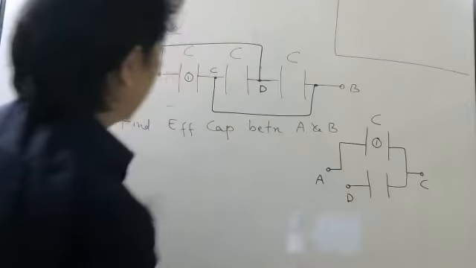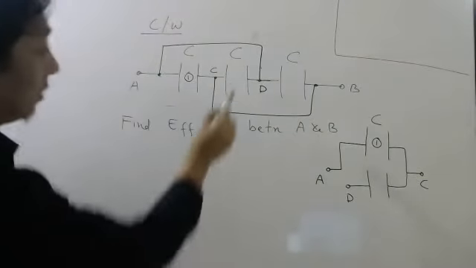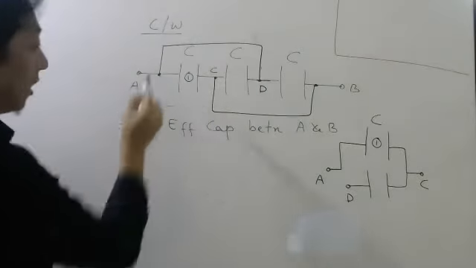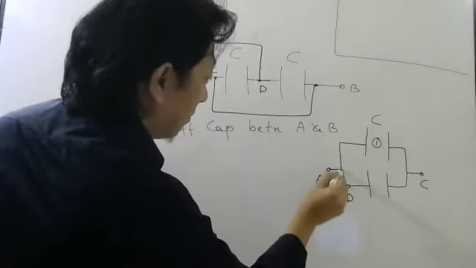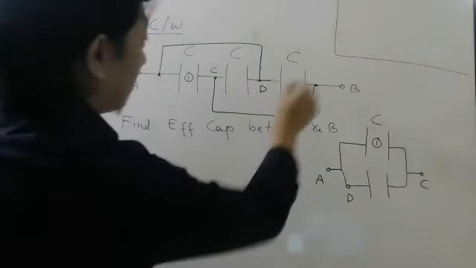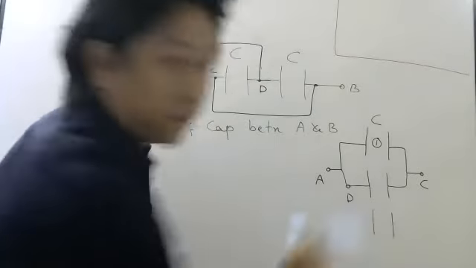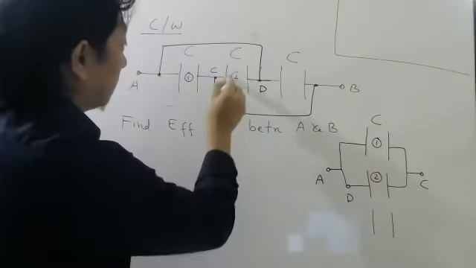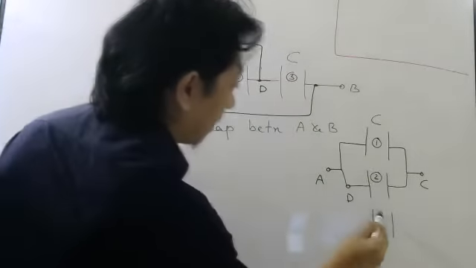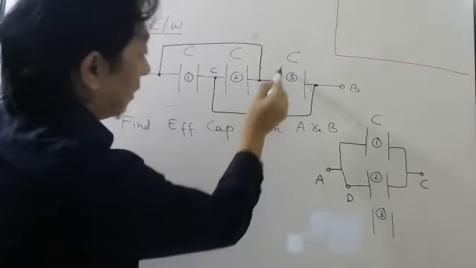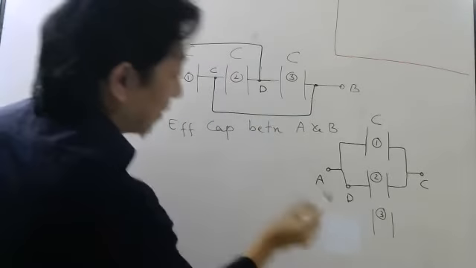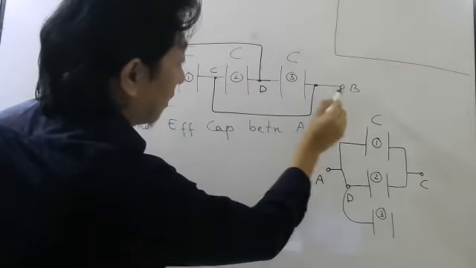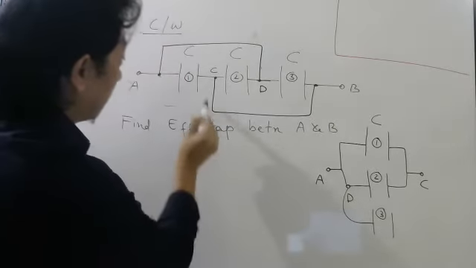But look carefully. D is going to which point? Here. So since D is connected to A, D and A will be same potential. Similarly, this is the second capacitor. Third capacitor you see. It is connected between D and B. D means this point. So D and B. But B is connected to where? Look carefully. B is connected to C.